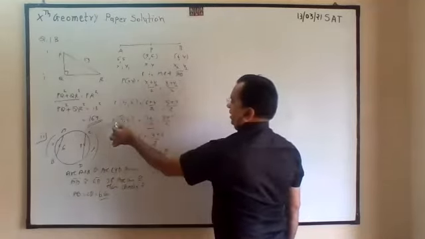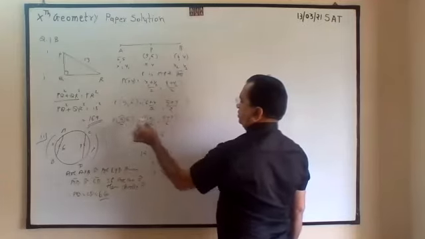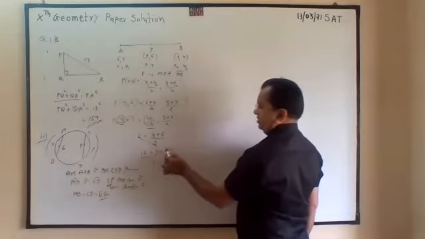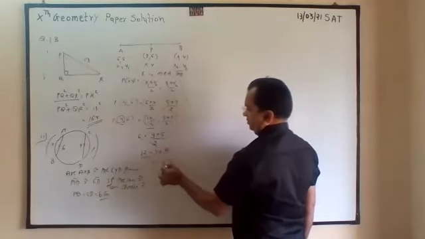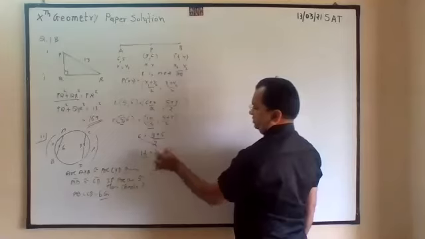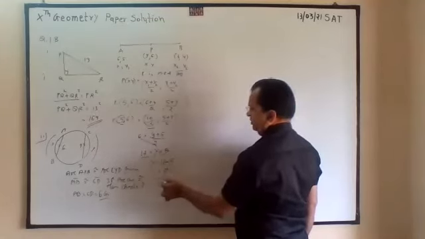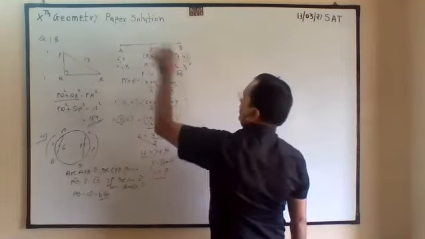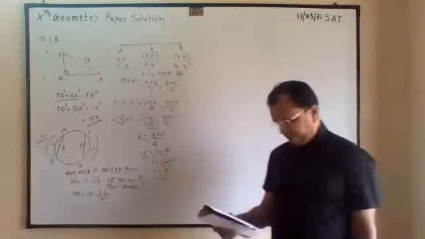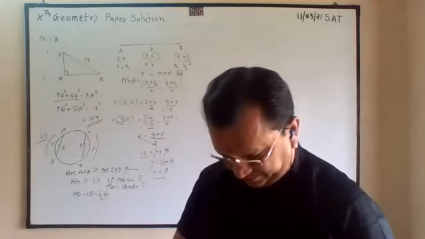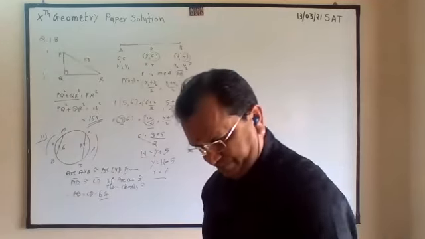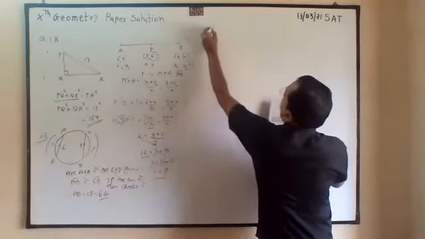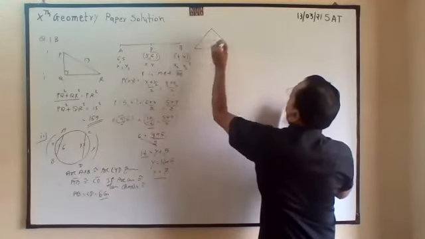10 by 2 is 5, so 5 and 5 tally. (y plus 5) by 2 is equal to 6. Taking the 2 across, 12 is equal to y plus 5. The 5 goes from right to left, so it is minus. 12 minus 5 is equal to y, so that is 7. It should be 7, so 7 plus 5 is equal to 12, and half of 12 is equal to 6. By the formula also you have to tally. This is also a very important question.